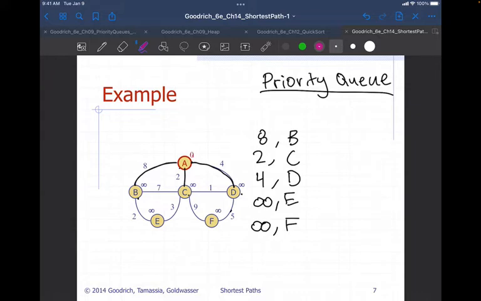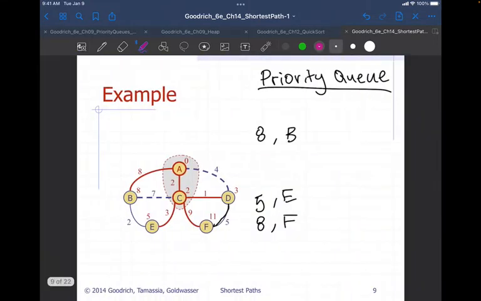So at the end, we don't have to have, for E, that the path was A, C, E. But if we record the last edge, so E came from C, and when we removed C, if we also remembered that C came from A, so we just need to remember the node that it came from, then we can always work